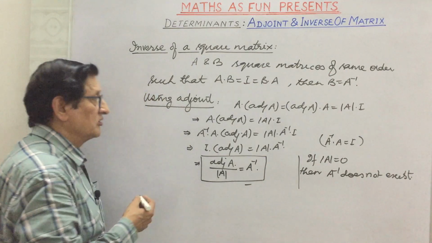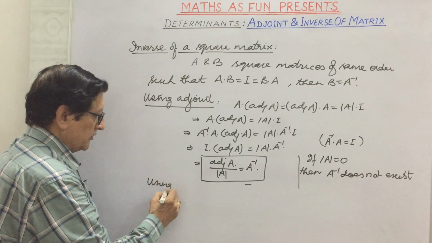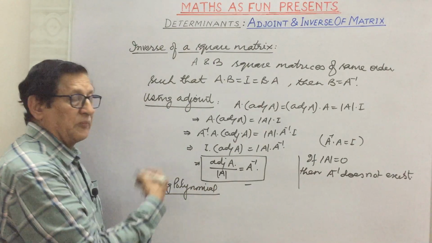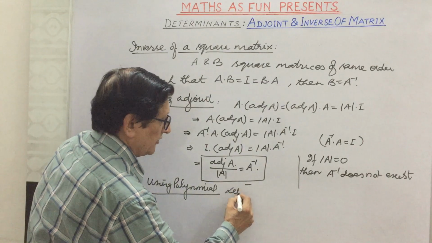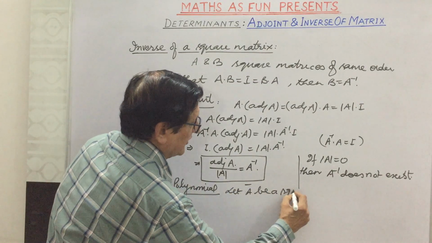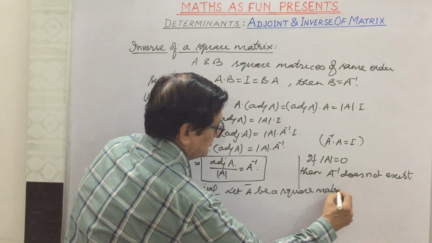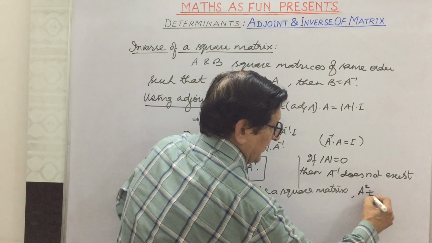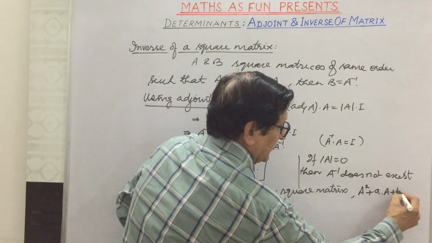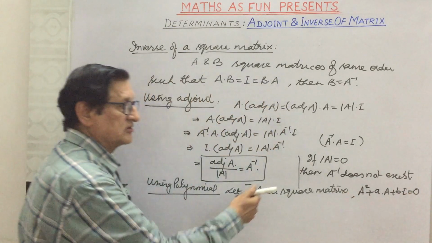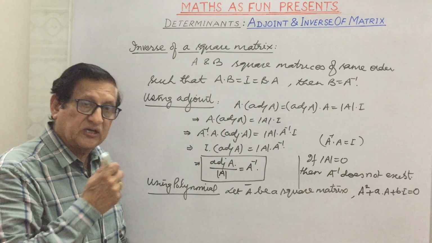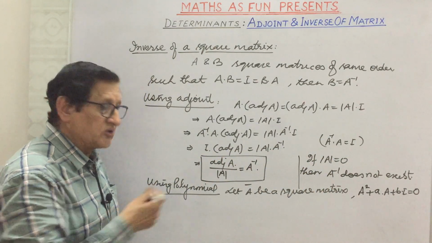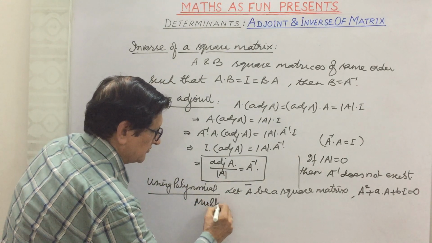Now suppose we want to use the polynomial. Using polynomial, suppose for a square matrix A, let A be a square matrix, and it is given that A square plus a into A plus b into I is equal to 0. This is a polynomial in terms of A. We can find out A inverse if we multiply both the sides by A inverse. So if we multiply by A inverse,